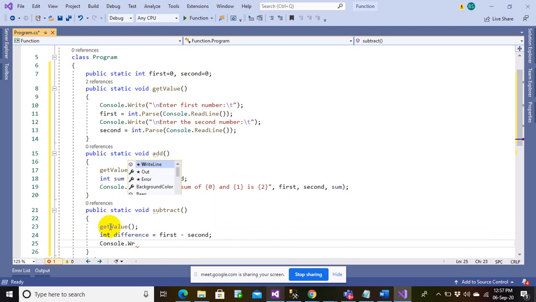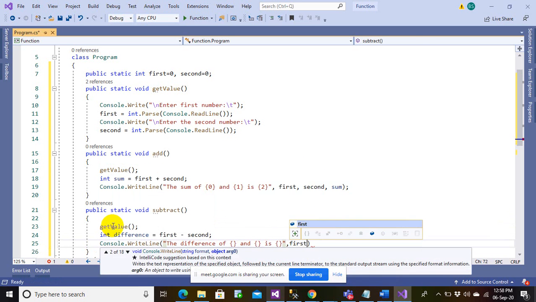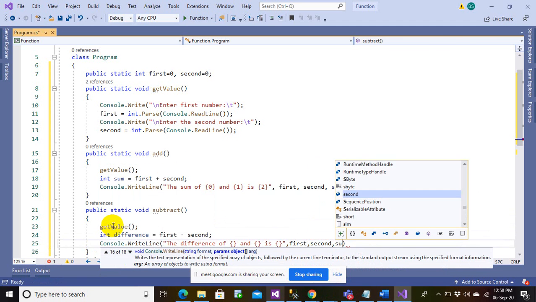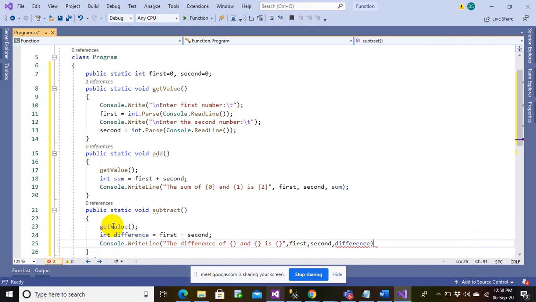Let me write the value. The difference of so and so is so. Difference. Okay. So this is 0, 1 and 2. Alright.